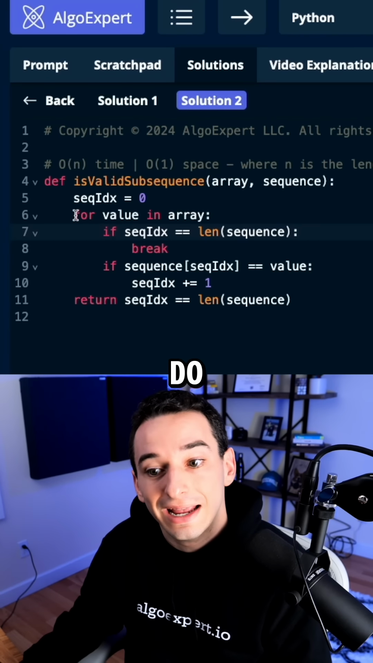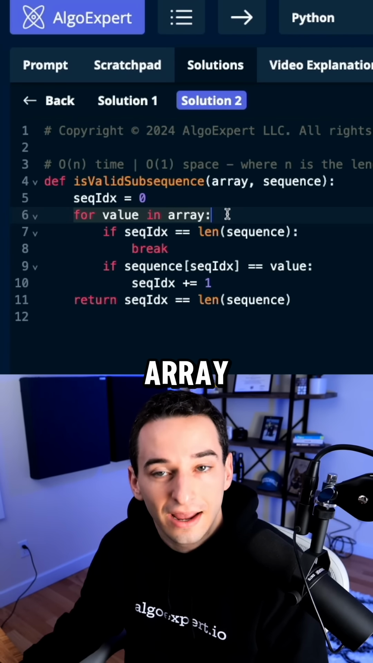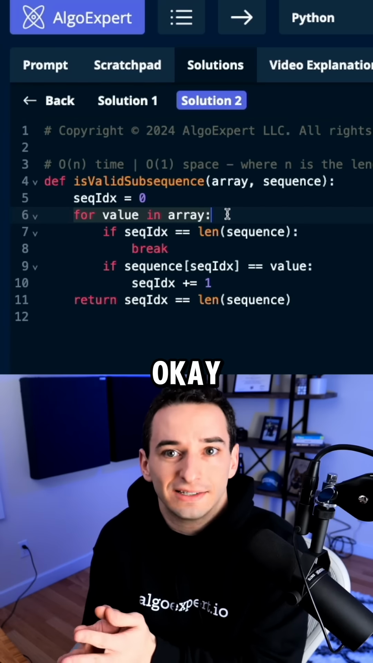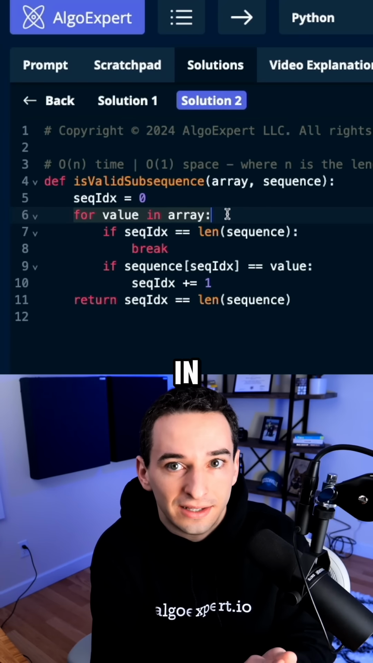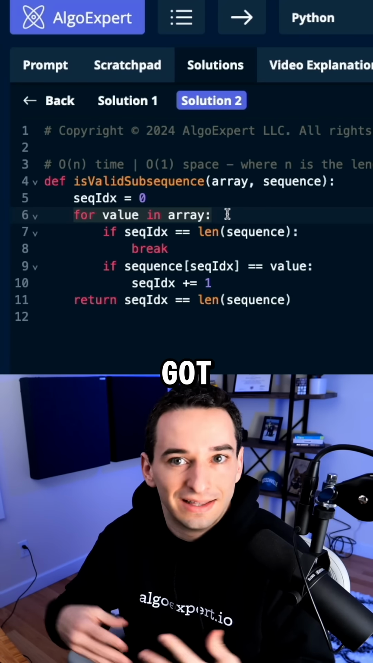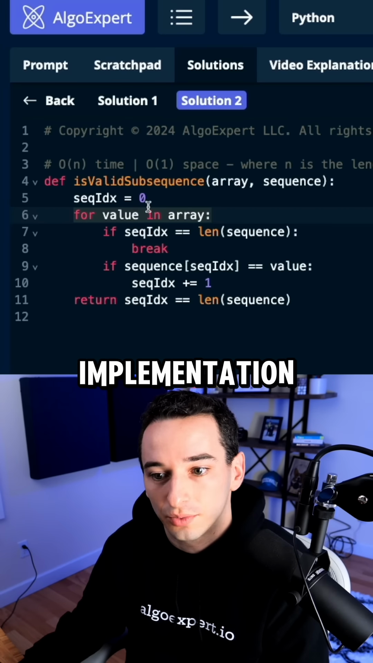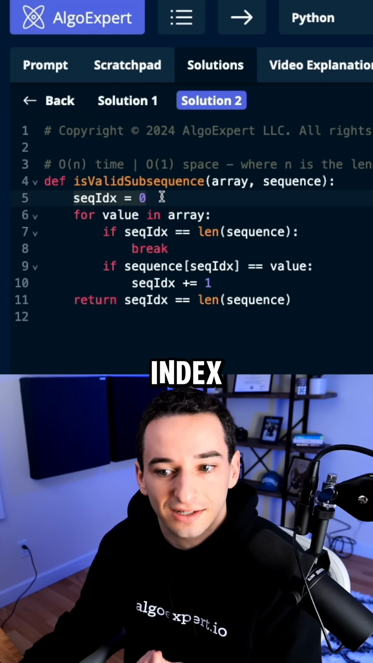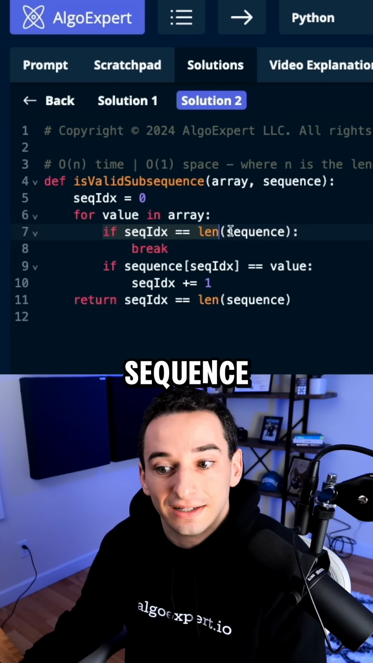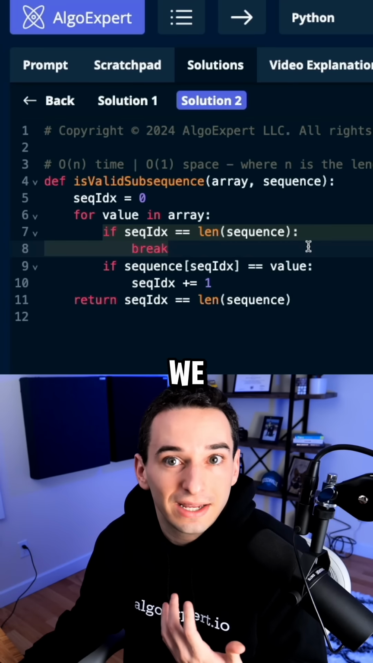So essentially what we want to do is iterate through the main array. And as we iterate, we're going to say, okay, is this current element the next element in the sequence? And then we're just going to see, have we gotten to the end of the sequence? So the way that implementation works is we keep track of a sequence index as well. And if at any point the sequence index is at the end of the sequence, then we can simply break